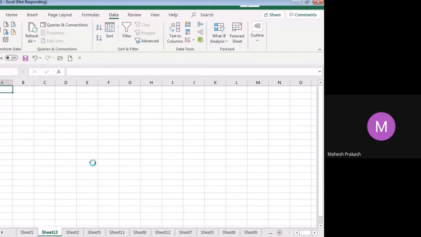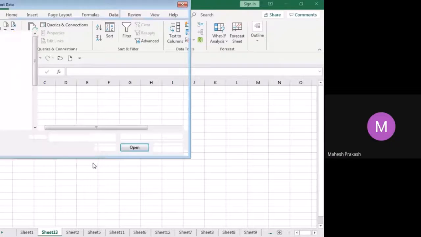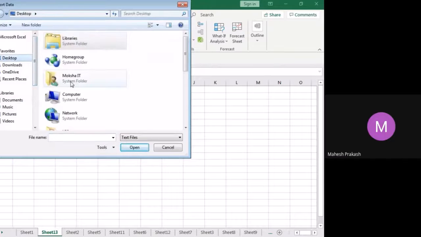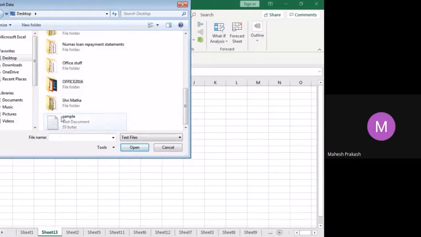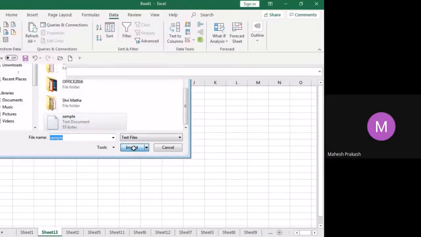So you can pull that notepad, not Excel sheet, into this sheet. Go to desktop. We named it sample. Here it is. I'll click on import.